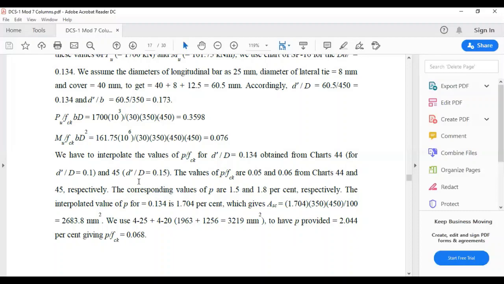So this means the value of p corresponding to these values are, for this the value of p is 1.5% and for this the value of p is 1.8% respectively, and the interpolated value for 0.134, if we take the value of p for 0.134, then the percentage we get is 1.704%,